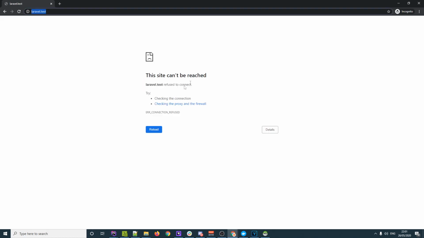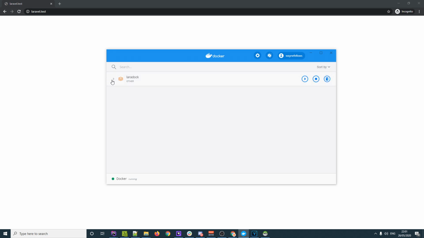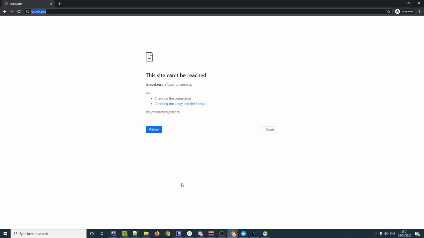Yeah, so there we see. We can see now we're not getting that weird issue anymore. We're saying, well, this site can't be reached, and that's because our Docker container is currently not on. It's not working. So what we're going to do now, now that's all set up, is go